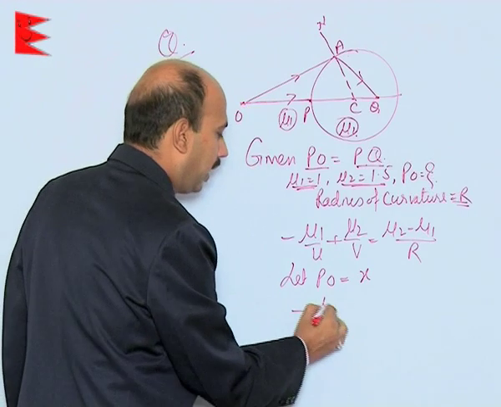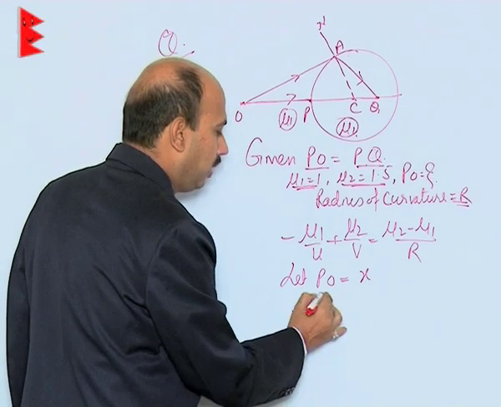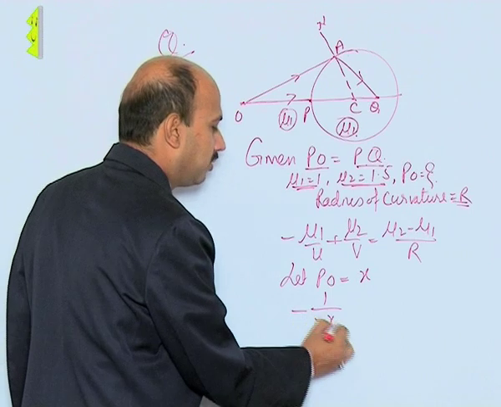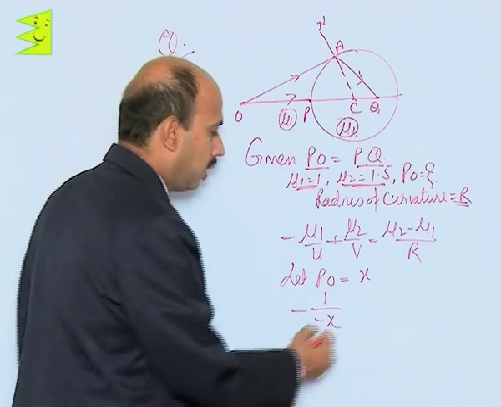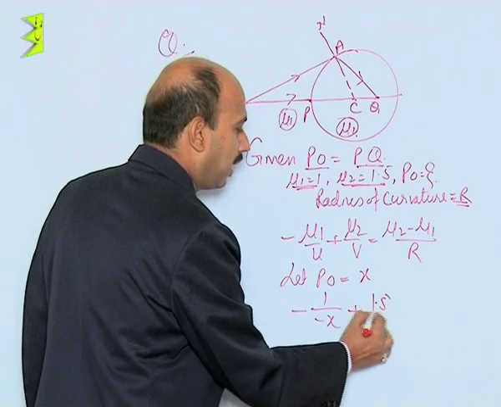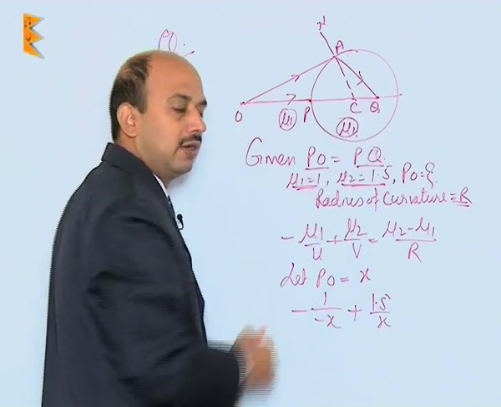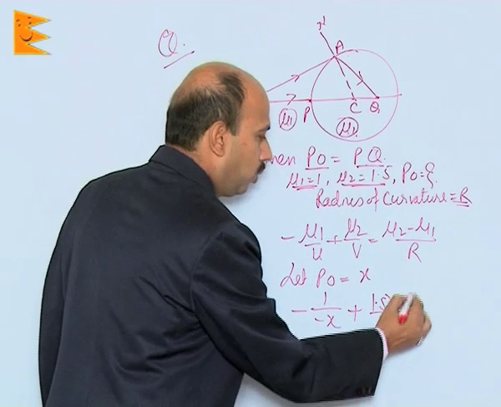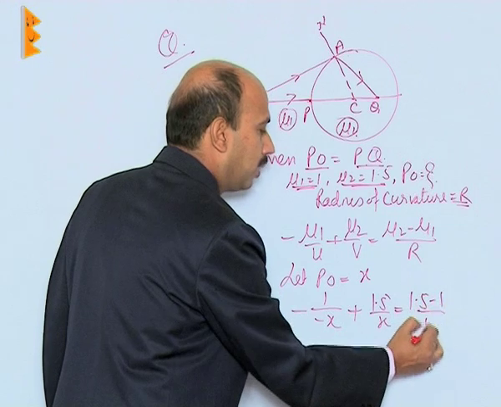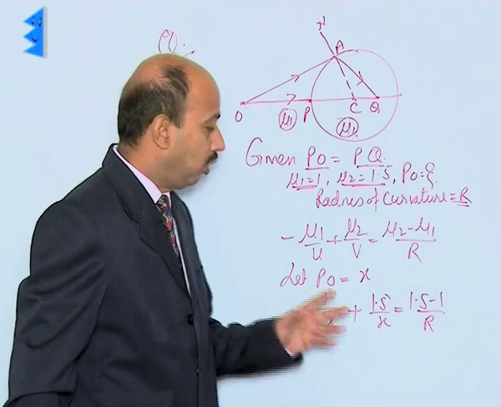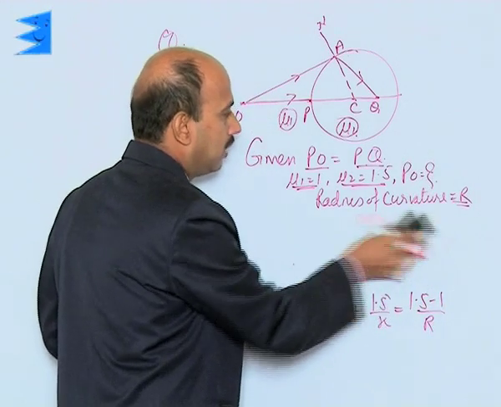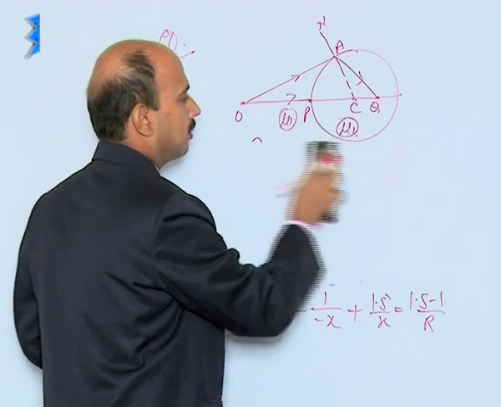So, we can write minus mu 1, that value is 1. So, minus 1 upon minus x, I have used the sign convention, plus 1.5 upon x, v is positive because it is to the right, is equal to 1.5 minus 1 upon r. Now, we can solve this. So, when we solve this, we will be getting in this case